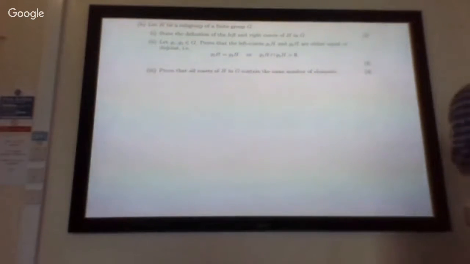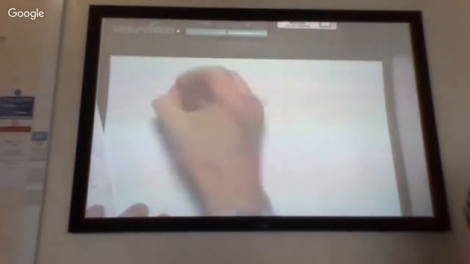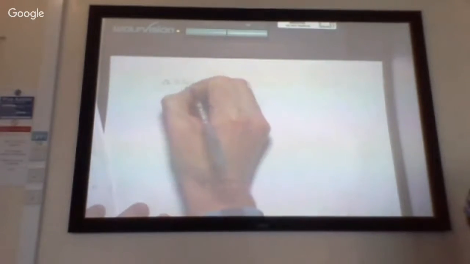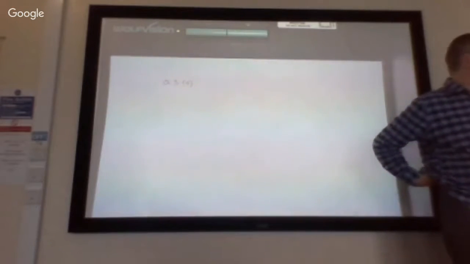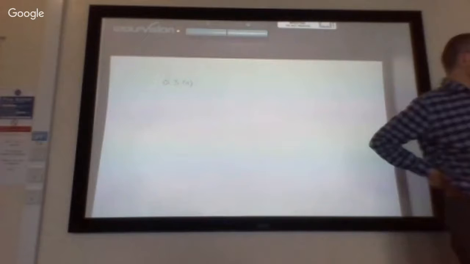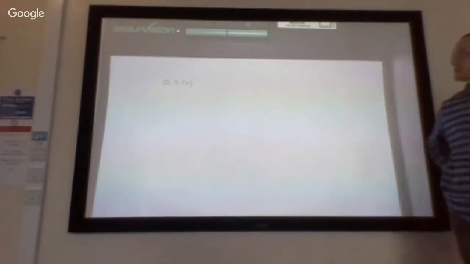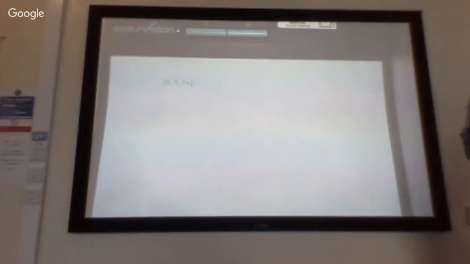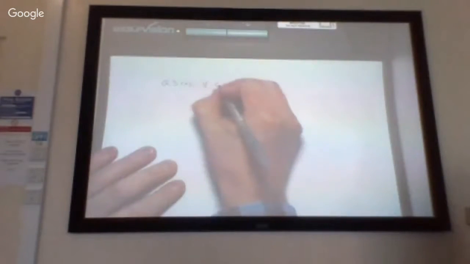So first of all, you've got to know the statement of Lagrange's theorem, at least. And so the first part, has everybody got the exam? Question 3a. State Lagrange's theorem on the orders of subgroups of a finite group G. I mean, there are a few different ways you might present Lagrange's theorem. But here, if G is a finite group,